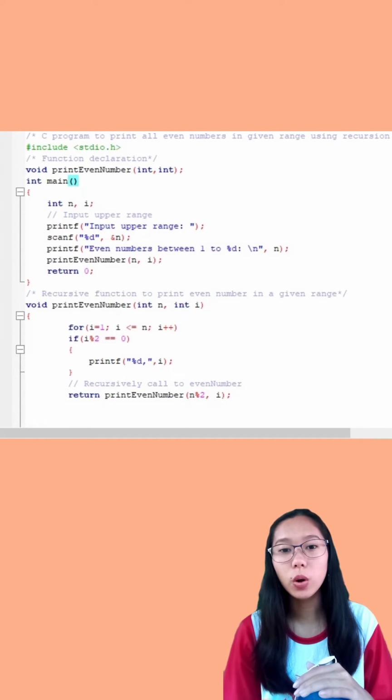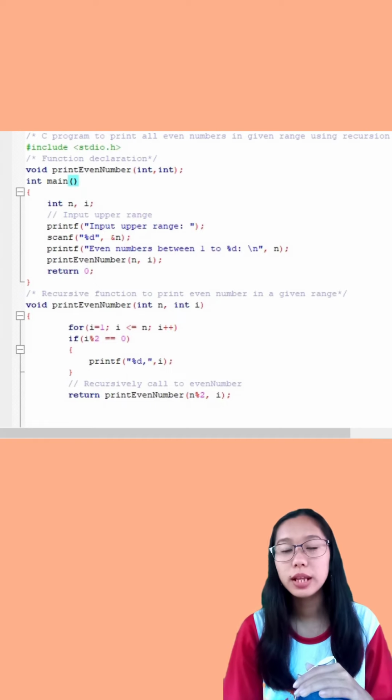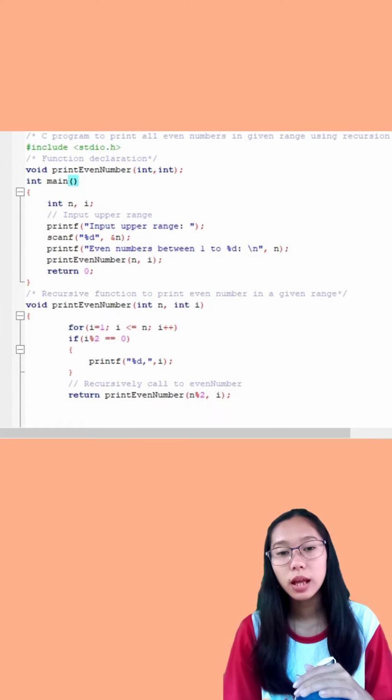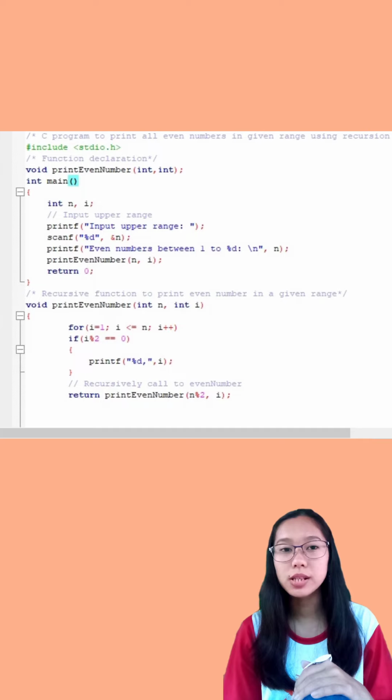Then printf("Even numbers between 1 to %d:\n", n); so it will display the even numbers between 1 to %d, the inputted number stored in n. Next is print_even_number(n, i); then return 0;